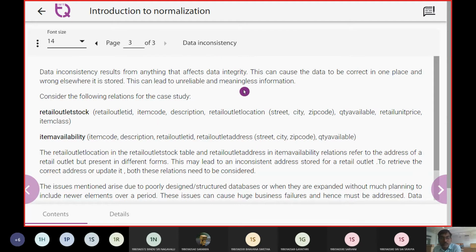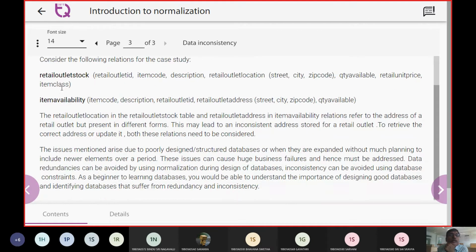So similarly, it is going to hold up the legacy of the database, because the data is not going to be integrated. And now we are going to have this retail outlet stocks item availability. Retail outlet stocks has the retail outlet ID, item code, description, and retail outlet location.